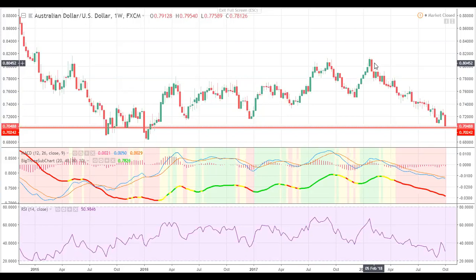And the reason for this massive drop this year is because the Aussie dollar and Australia rely heavily on exports to China. And what I mean by exports, they export all the raw materials like iron, gold, and all of the other mineral metals to China. And as we know, Donald Trump has been